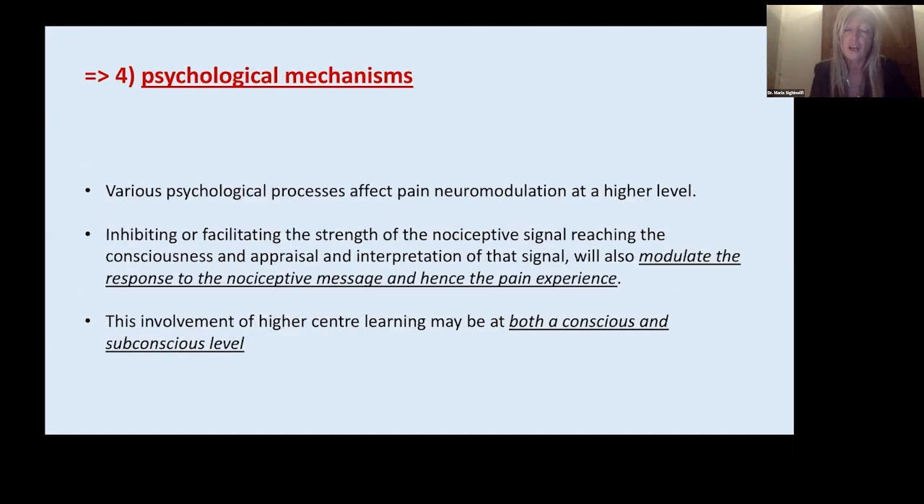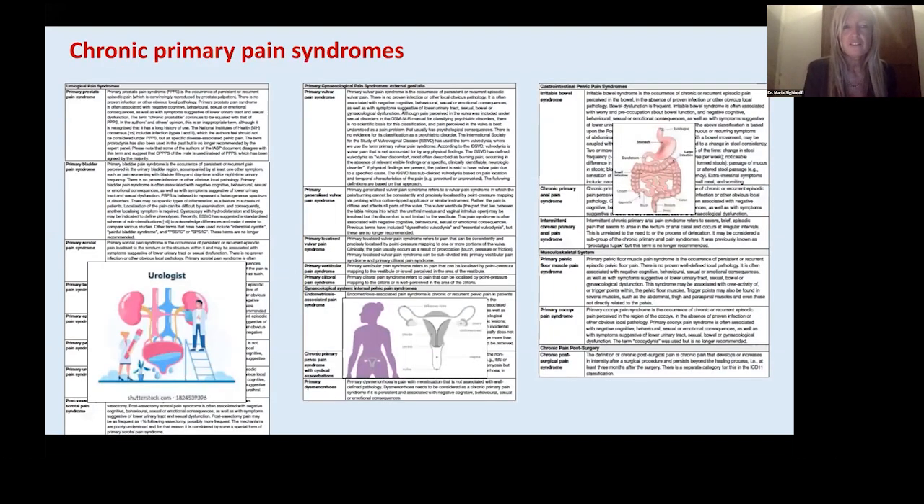This is the mechanism that finally may transduce into psychological consequences, because various psychological processes affect pain modulation at a higher level. And inhibiting or facilitating the strength of the nociceptive signal reaching the consciousness, and the appraisal and interpretation of that signal, will also modulate the response to the nociceptive message and the pain experience. So the involvement of higher central learning may occur at both a conscious and subconscious level. And all of this results in